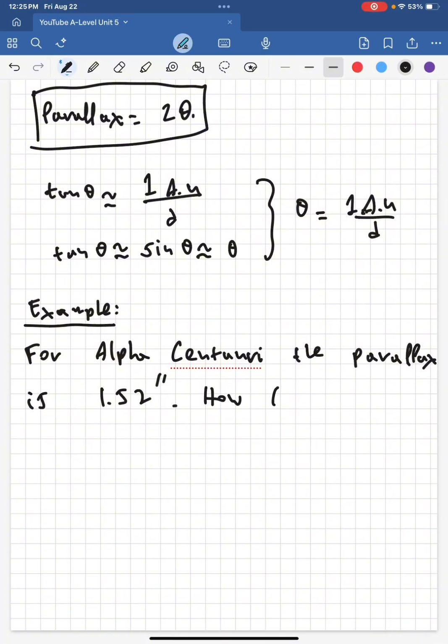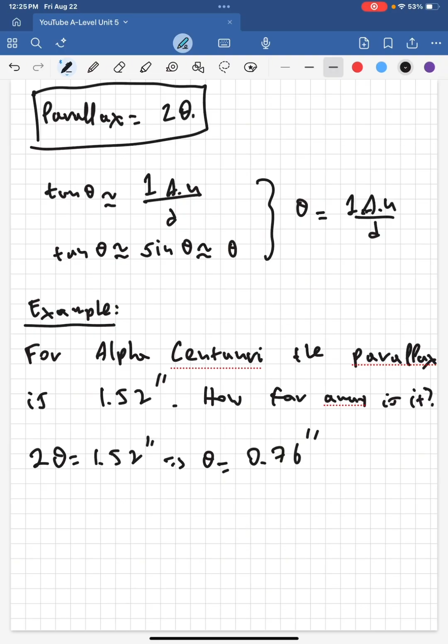How far away is it? All right, so the parallax is defined as 2 theta. So 2 theta is 1.52 seconds, right? So theta is simply 0.76 seconds, which is